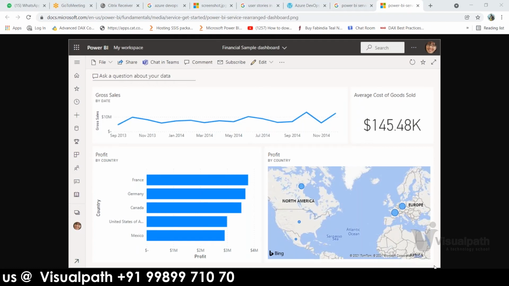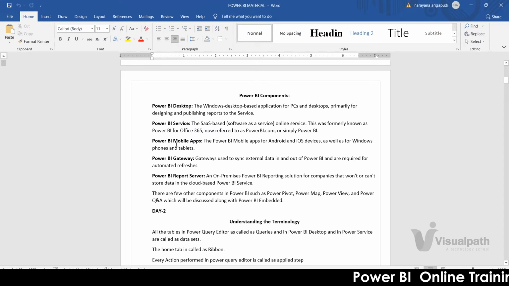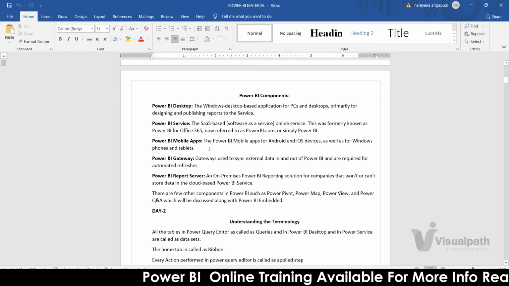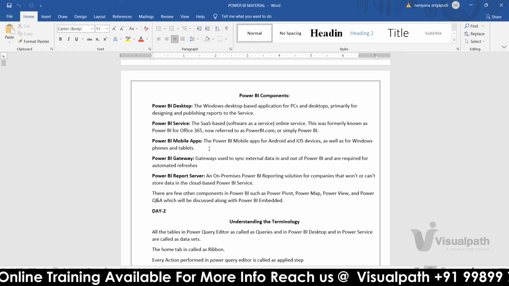All right. The next one is Power BI mobile apps. The Power BI mobile apps for Android and iOS devices are also available for Windows phones and tablets. There is an application in the Play Store that you can download. Let me show you that.